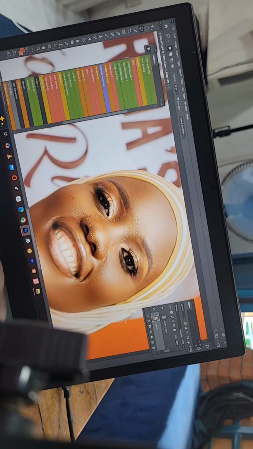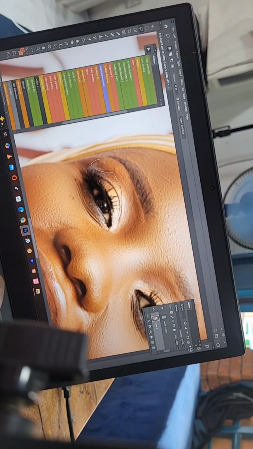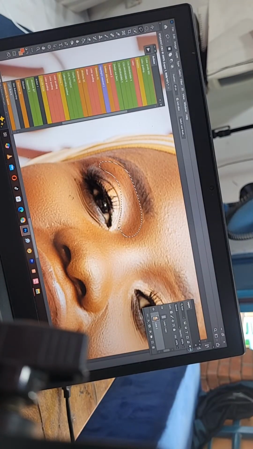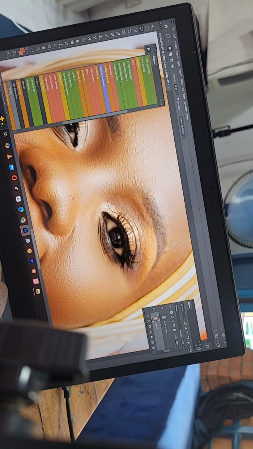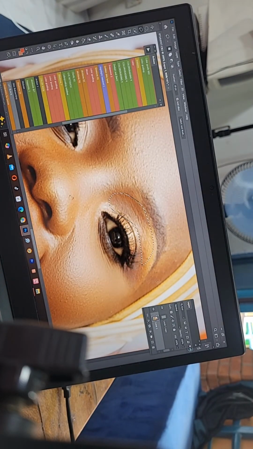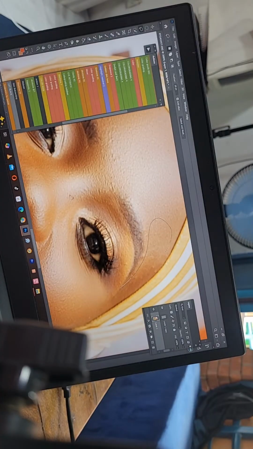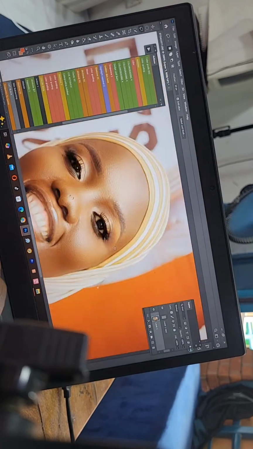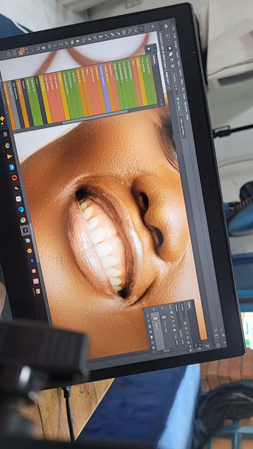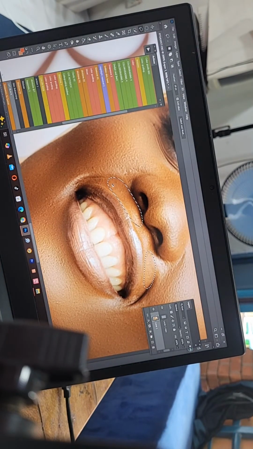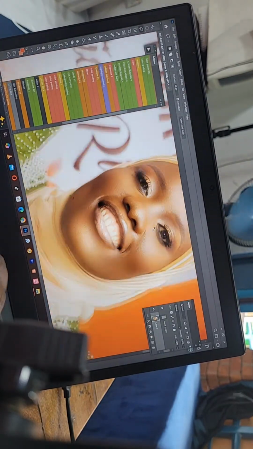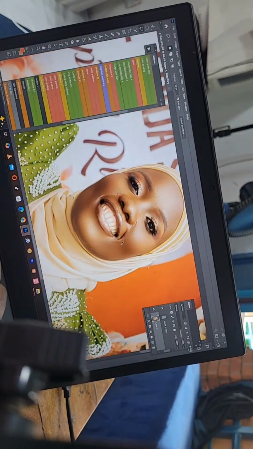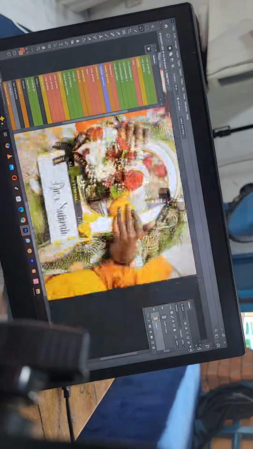And right now I'm applying the frequency separation, which helps us to separate the textures and the color of our model. As you can see right now,